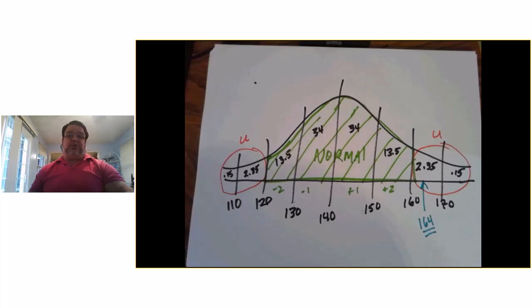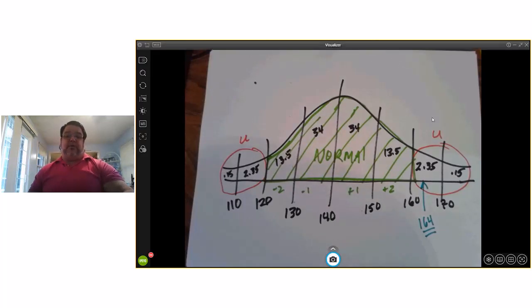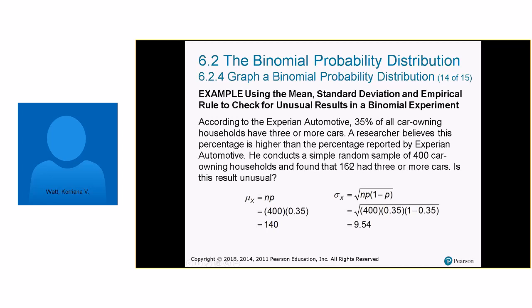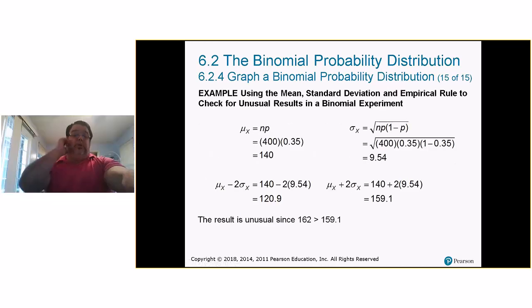Hold on a second, I'm having to switch screens here. There we go. So they say 162, I'm sorry. 162 would be unusual also. So let's go back to it, and there we go. And they're doing it like this. And the result is 162 is greater than 159. And they're doing it without the